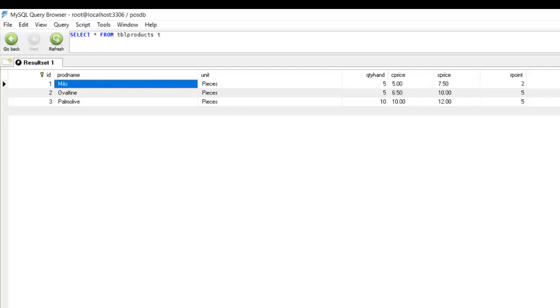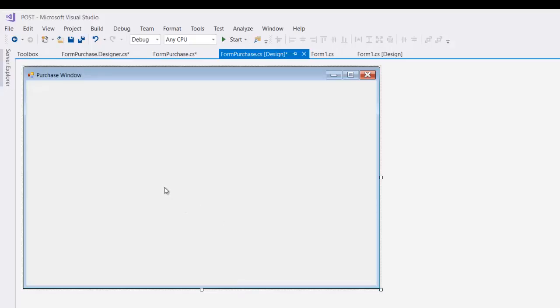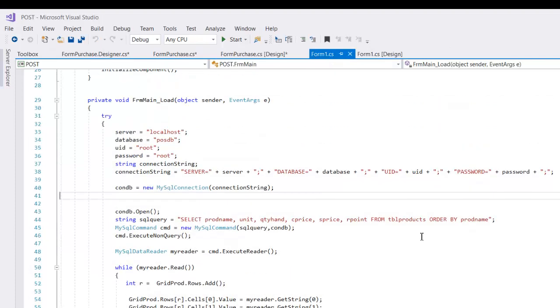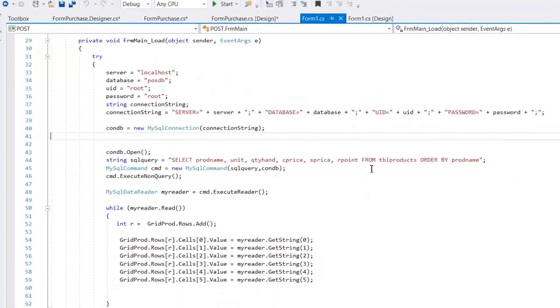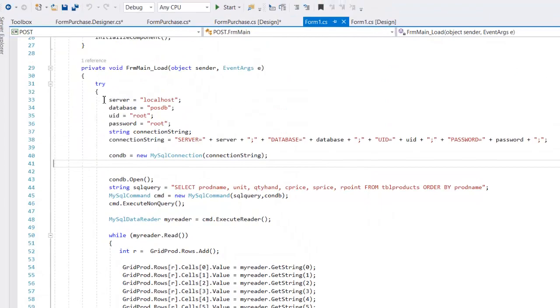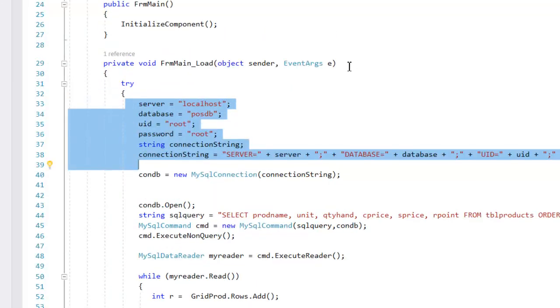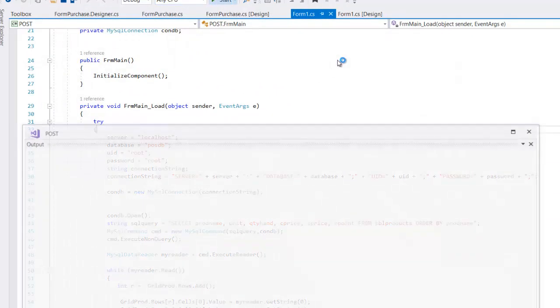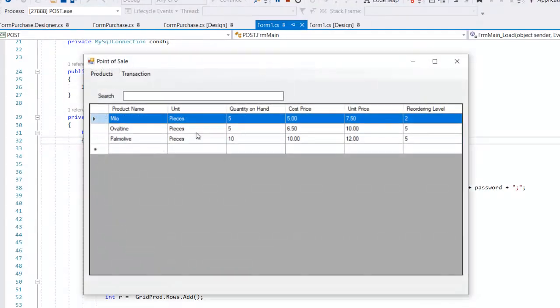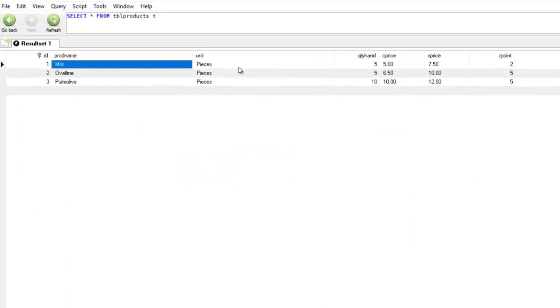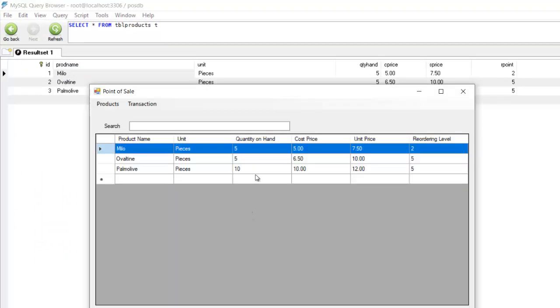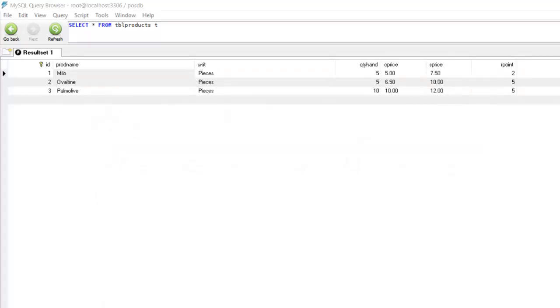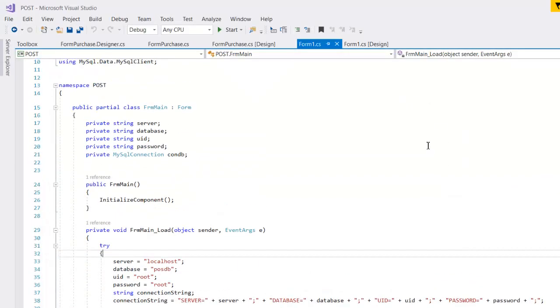Okay, so first we will connect to our database. So this is our main form. So we have a connection string here under the load event of our main form. You see, so in our main form, the data from TBL products are loaded here in this grid view. Okay, so let's make use of that connection. So instead of